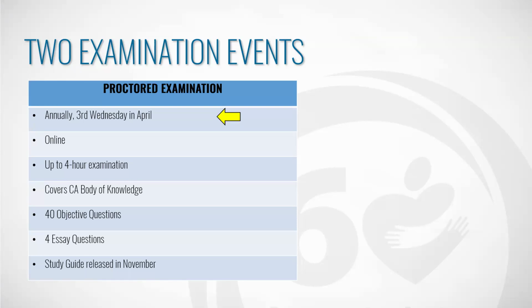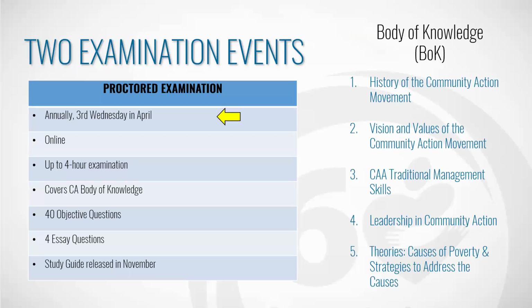Sometimes there's a 4-page research report. You may have to read the whole 4-page report, but it's not going to ask you to read that 600-page book just to prepare for one question on the exam. Okay. So we'll release that study guide in November, and that is the first examination process. And as I've already talked about, everything from it comes from the body of knowledge topics, and every resource that we use to create a question will be referenced in the study guide for you.